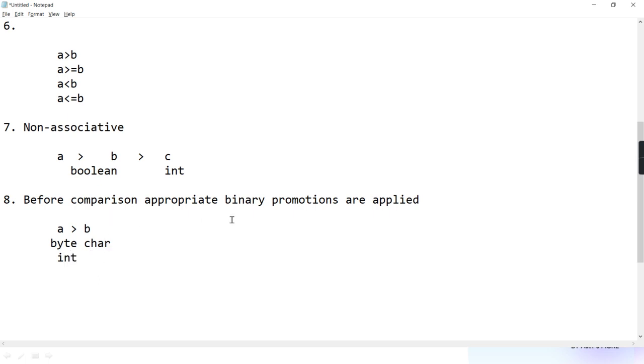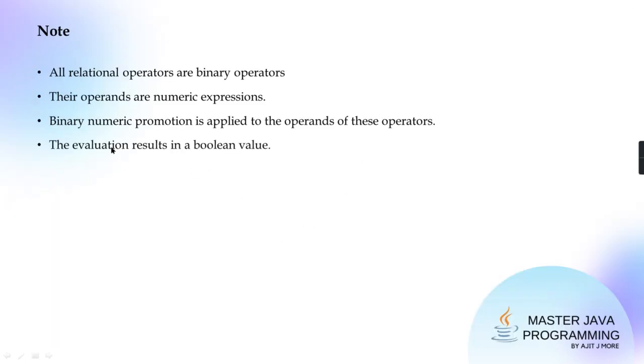I hope you remember the widening rule. Byte promoted to short, short promoted to int, char promoted to int, int promoted to long, long promoted to float, and float promoted to double. So char is also promoted to integer. And then it will do the comparison. Getting? So those points are clear.